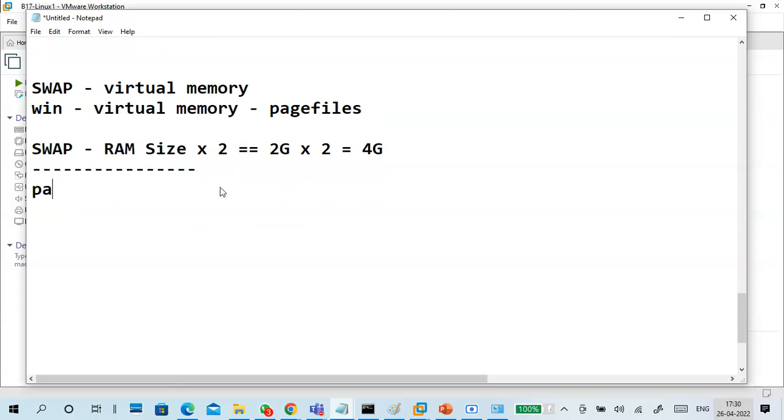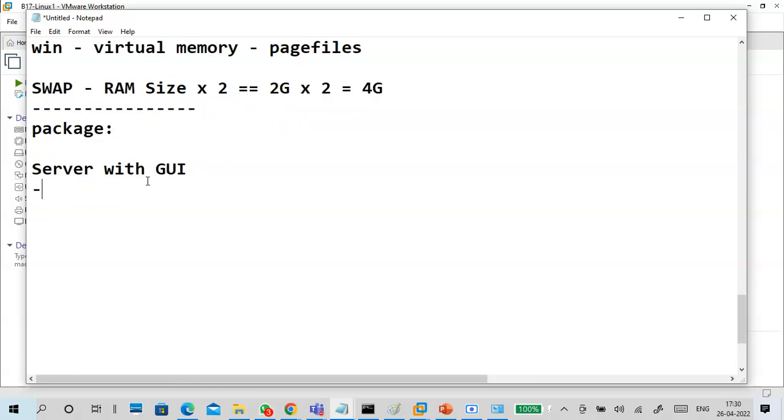Another thing is also there. That is called packages. What packages do we have to install, guys? Here I am installing Server with GUI. This option is compulsory in the packages part of the installation. Internally there are a lot of things. You can select whatever remaining options you want, mostly tools, libraries, monitoring tools, process-related or virtualization-related, like that.